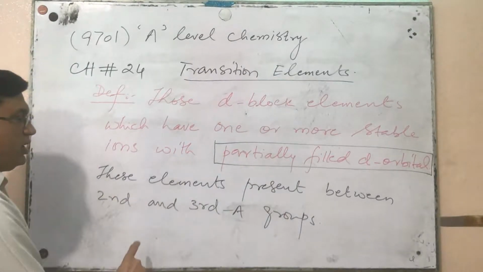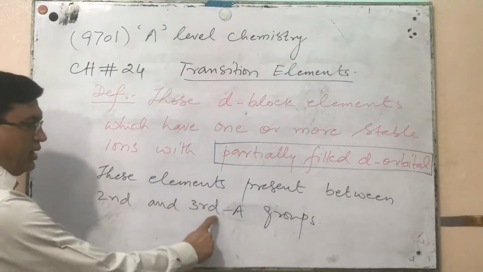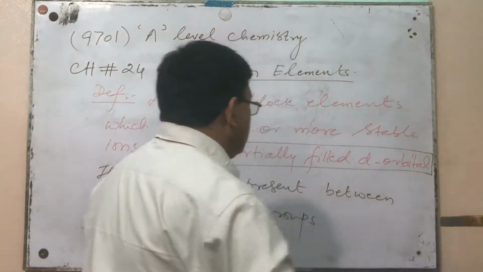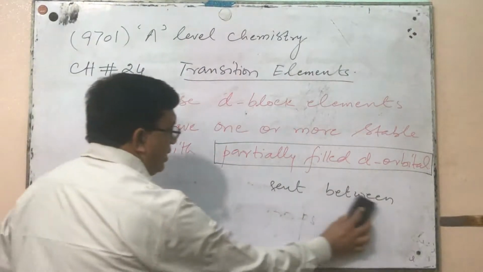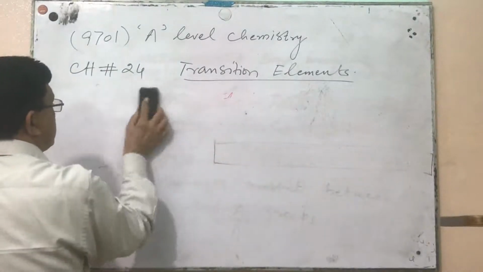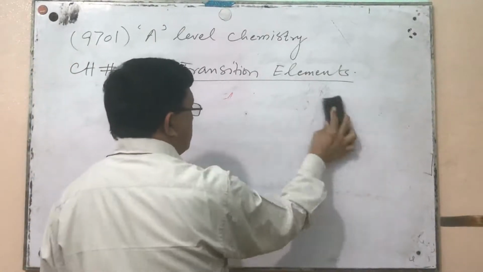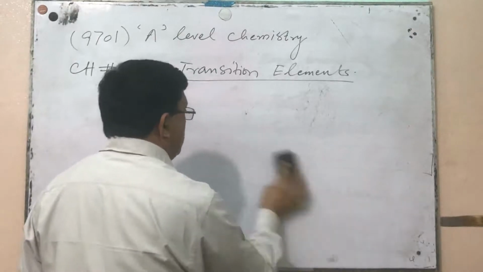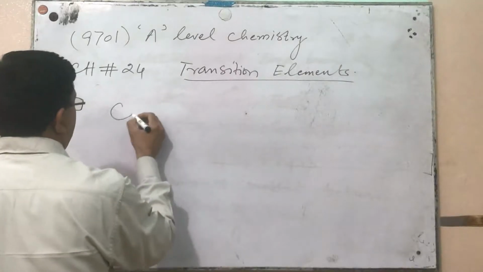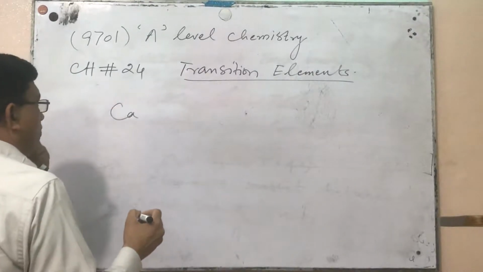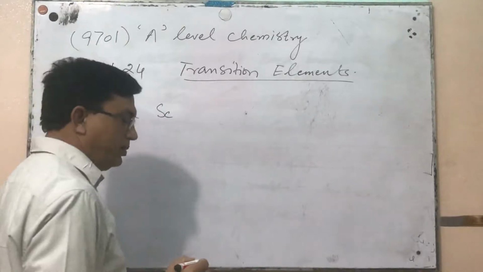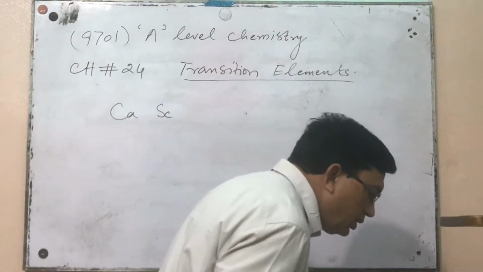These elements in the periodic table are present between the second and third A groups. And there are three series of transition elements. For example, after calcium of the second group, the first series starts, which starts from scandium, and after scandium there is